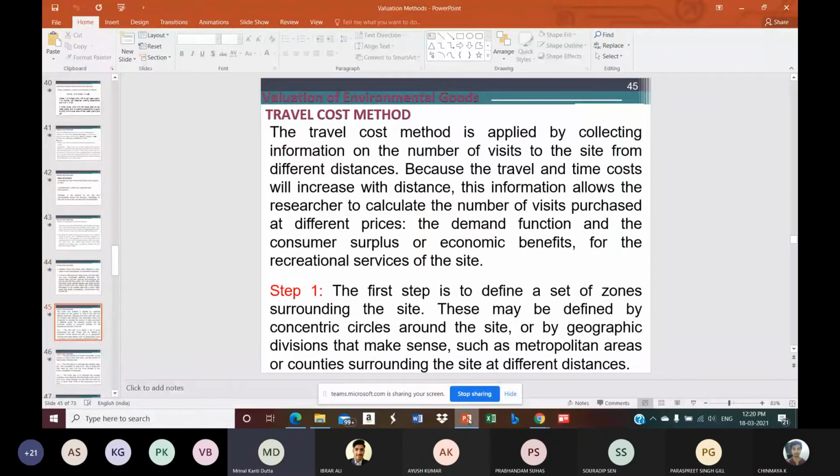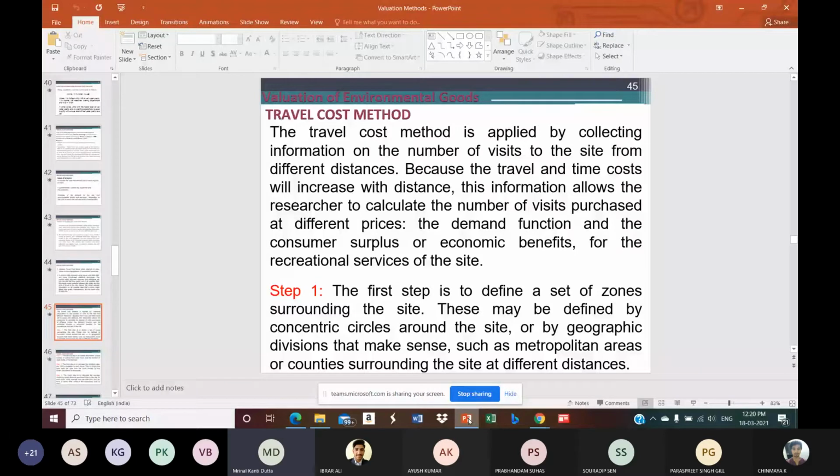These are the different steps outlined here in the slide. This method is applied by collecting information on the number of visits to the site from different distances. Because the travel and time cost will increase with distance, this information allows the researcher to calculate the number of visits purchased at different prices. In essence, this is nothing but a demand function. And based on that, the consumer surplus or economic benefits can be estimated for the recreational services of the site. So in the first step,